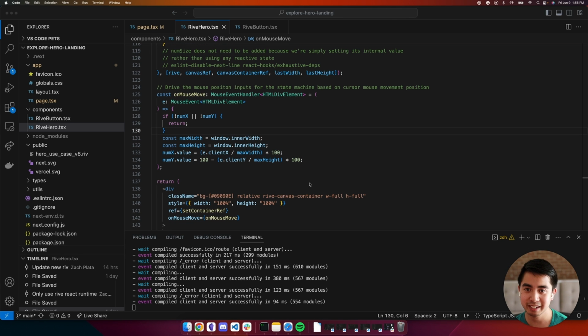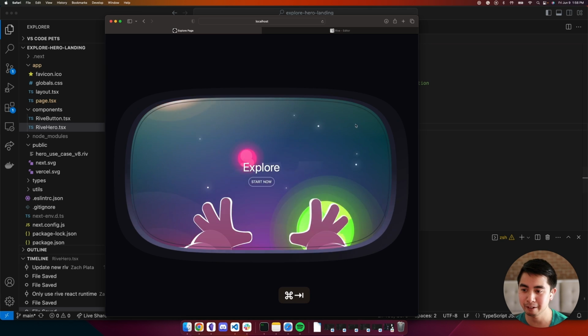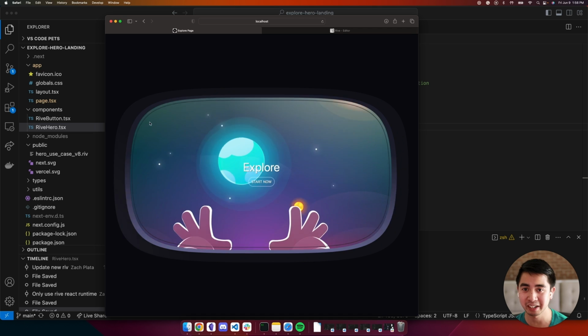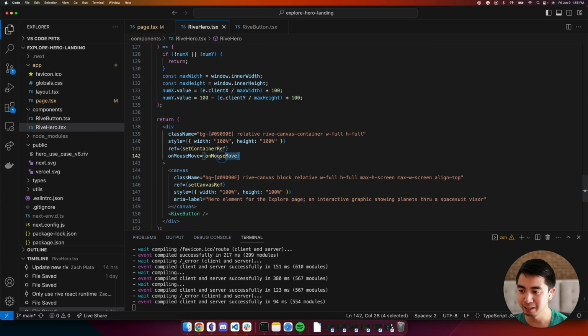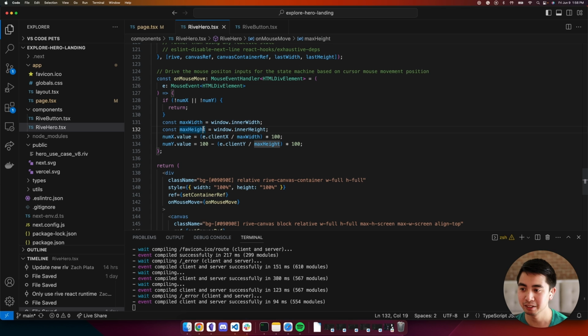And now we're going to be taking a look at how we can achieve that effect of the view changing with our cursor movement here. If we take a look at that parent div element, we've got this on-mouse move event handler that we're going to be attaching to it. And again, this div element is spanning the entire viewport, height and width-wise. So we're going to be passing it this on-mouse move callback, where we get this e variable, which is a mouse event. And this mouse event will tell us basically the coordinates of our cursor on that div element.